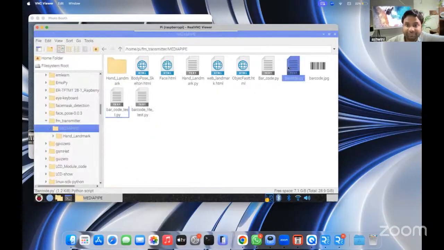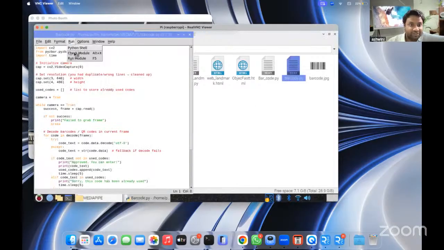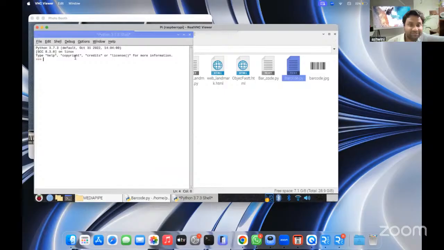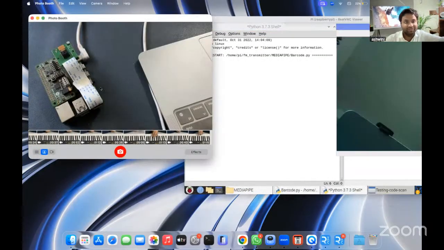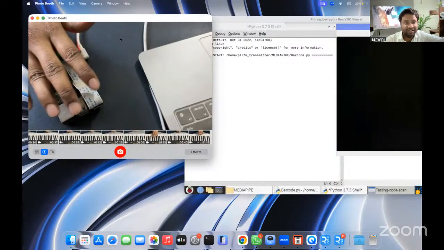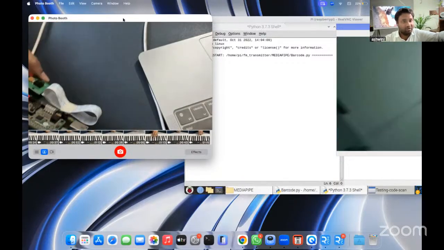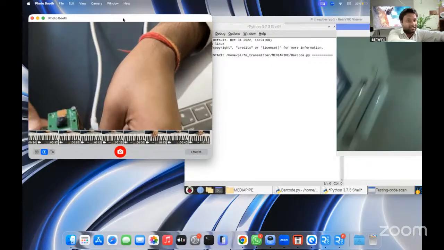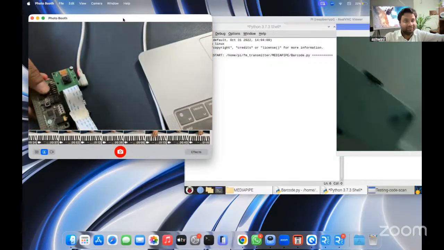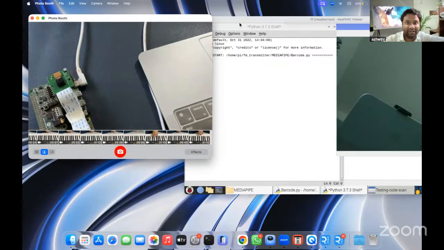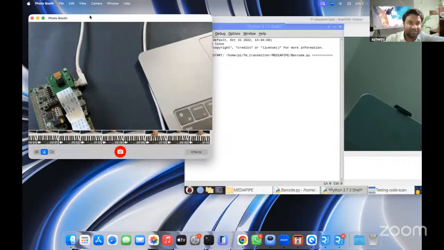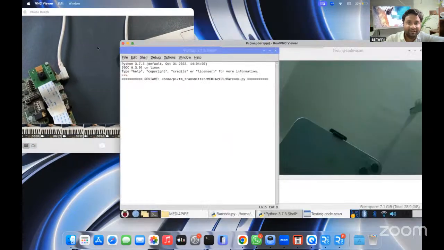So let me open, let me run this code. This code is running here on this Raspberry Pi. You can see this is a Raspberry Pi. You can see now I am putting it here like this, so that it can, or let it be like that. Okay, so this is the Raspberry Pi, and this is the